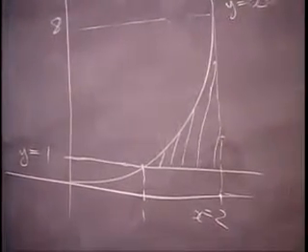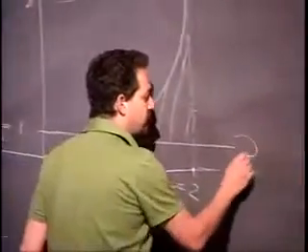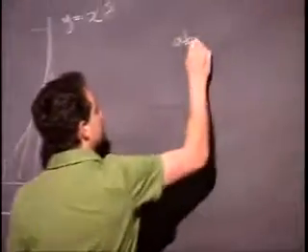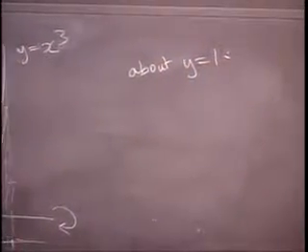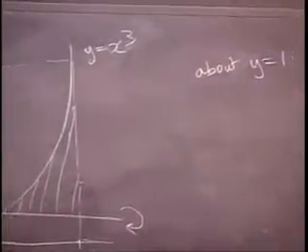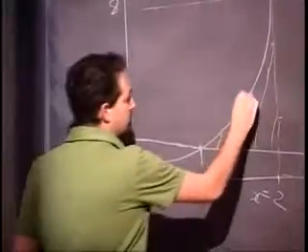Okay, so I'm going to consider several different questions. The first question is, what happens if you revolve about y equals 1? Well, that's a pure variation 3, right? The axis is parallel to the x-axis. If I draw a typical strip,